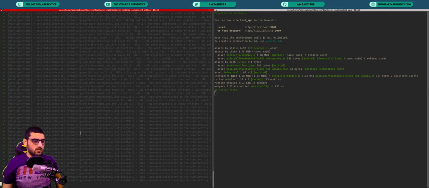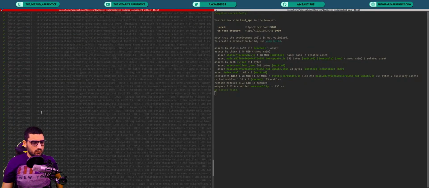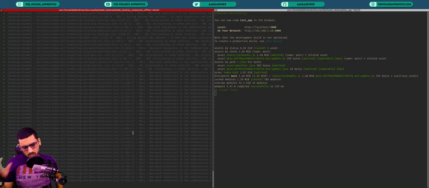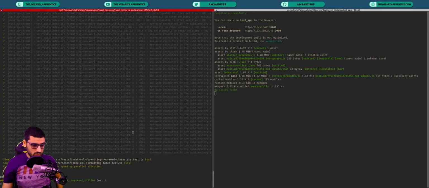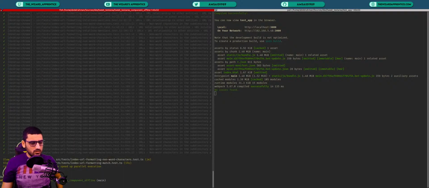But as you can see, up until now, we don't have any failing tests. They're all passing, and I think this is the last test file we have anyway. It's the slowest one of them. It's testing something with the URLs, and because it's still a long file, even after splitting it, it just takes a little bit of time. But as you can see, we had 141 tests running, 141 tests passing, and it seems to be working